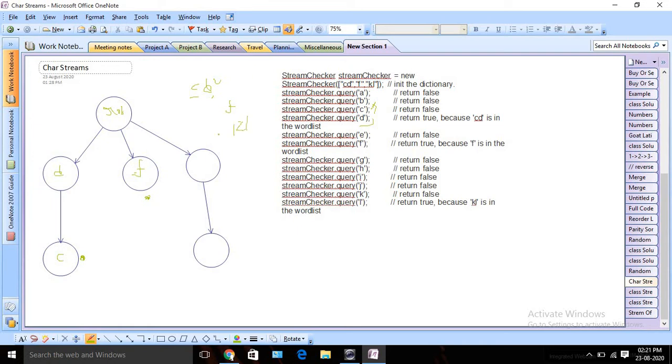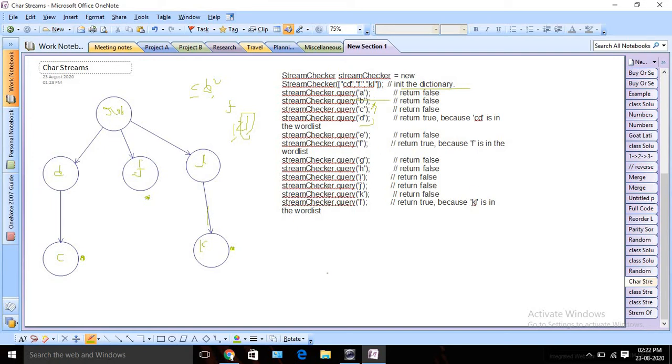Now for KL, again I check whether there is any node for L. We begin from the end, in reverse order. There is no node for L from the root, so I initialize a new node. Then I come back to K and check whether there is any node under L with value K. No, so we create another node named K, and since that's the end of the word, we mark it as end of word. This is how we initialize our trie structure. That was the first line, the dictionary. Now for the second line, how we can search.